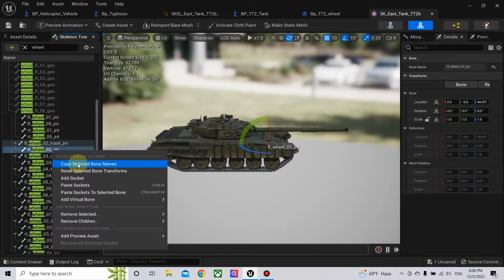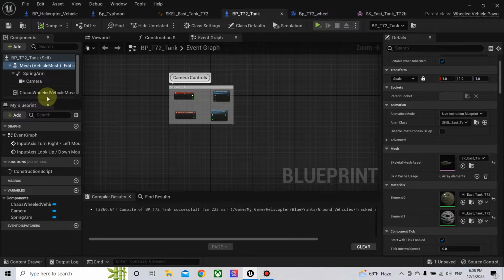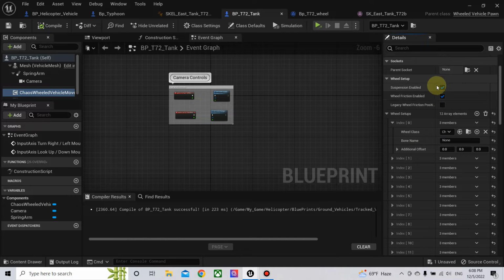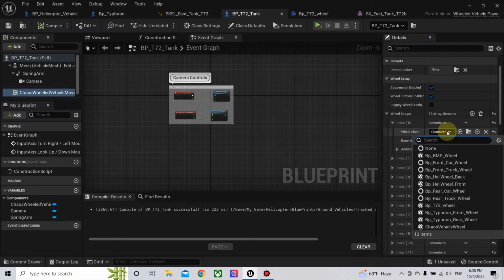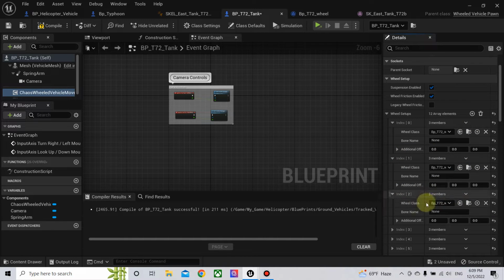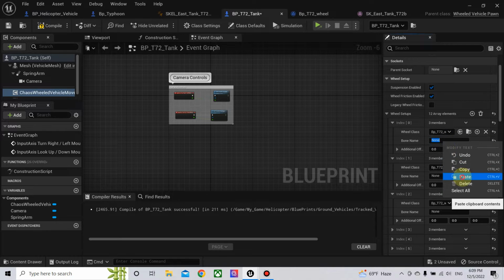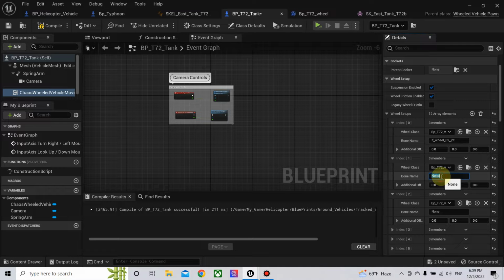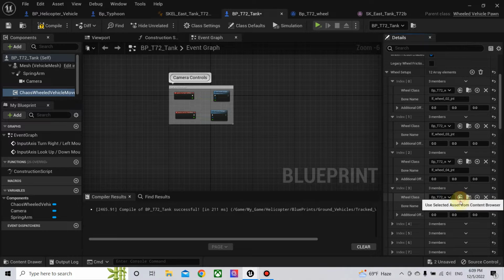Now let's start with the left one. Choose the T72 wheel, and then we press the search or browse button to make it easier for us to add it next. Now let's paste the name, and instead of copying it, only change this number. Now it's 3, then it is 4, 5,